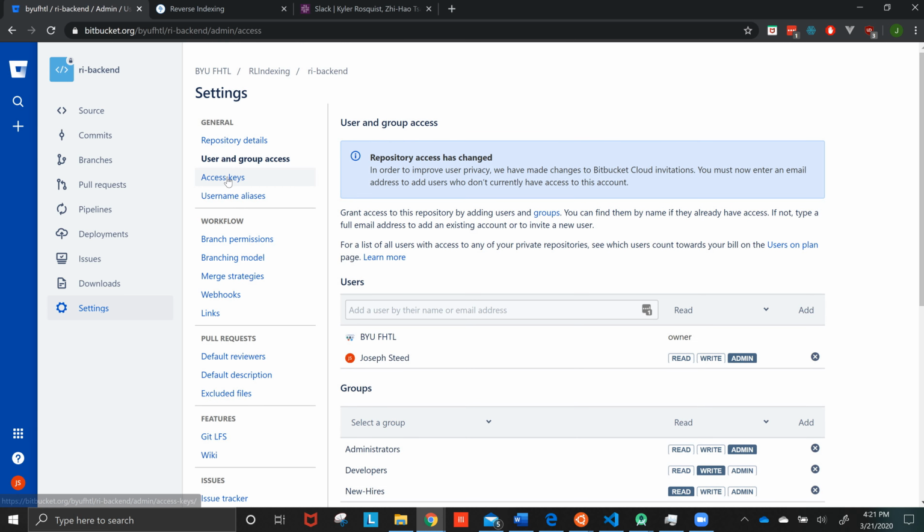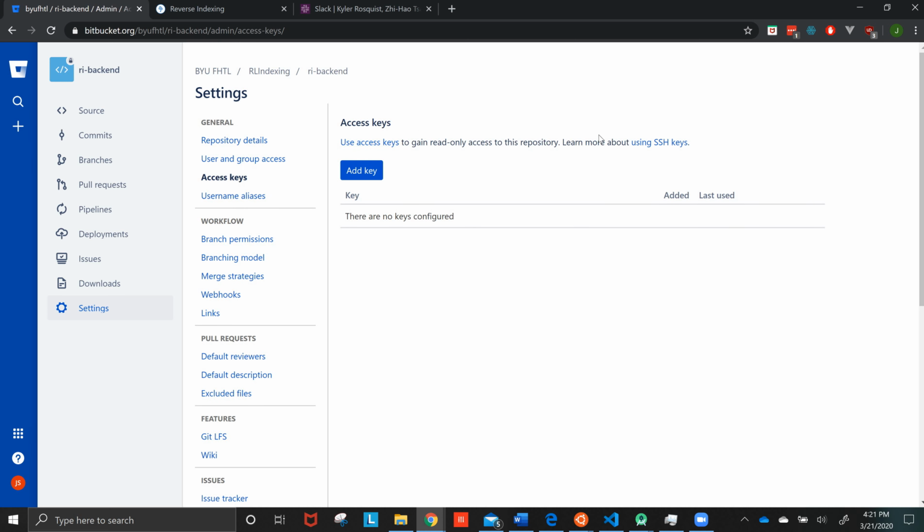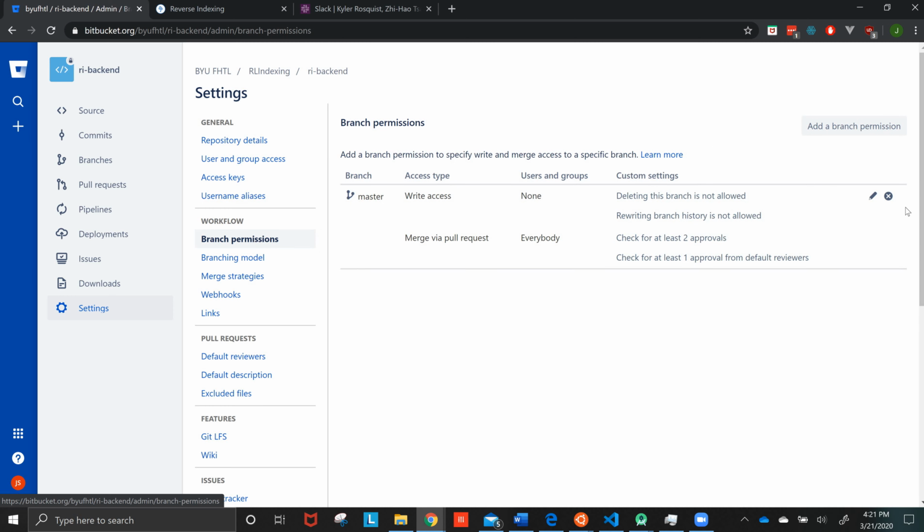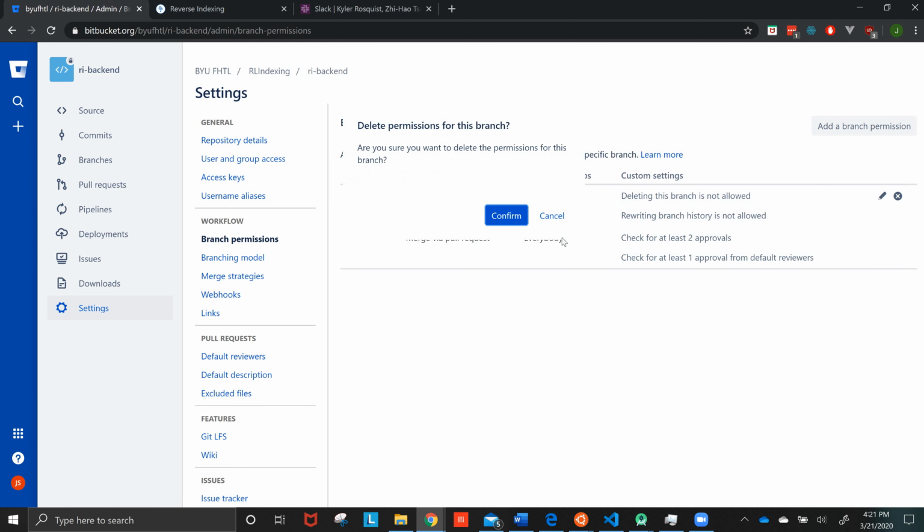Once you do that, we're going to go to access keys. This is if you wanted to create ways for people to read the repository without editing it, but normally you don't ever worry about that, so don't worry about that. You can make aliases for people's names, but usually don't worry about that. You can find people's names, you should know them. Branch permissions. This is the most important